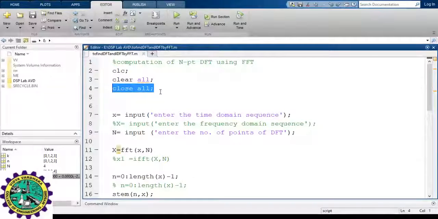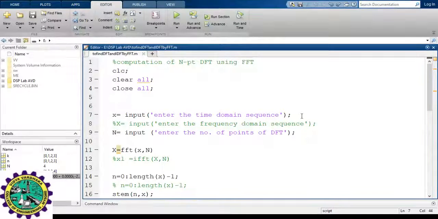Now what we are doing here, we are computing an FFT, right? In other words, we are converting a time domain sequence into the frequency domain. So what is the input? The input is a time domain sequence. So first I'll ask the user to enter a time domain sequence. In general, this time domain sequence could be anything, right?